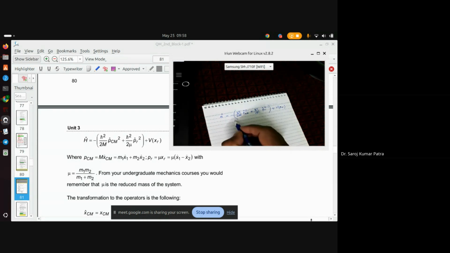So can you substitute like this? Minus h cross square by 2(m1 plus m2), where M is m1 plus m2. What is PCM? PCM will be equal to M times XCM dot, right? So it becomes M XCM dot square,